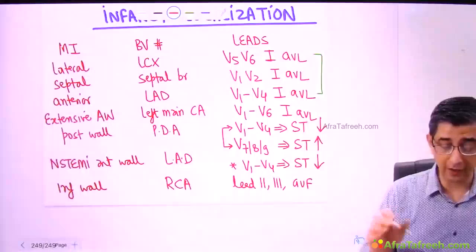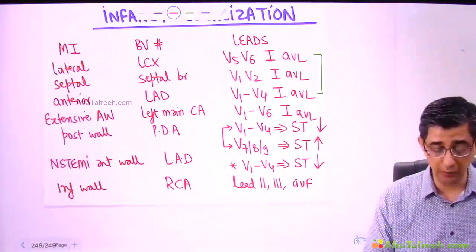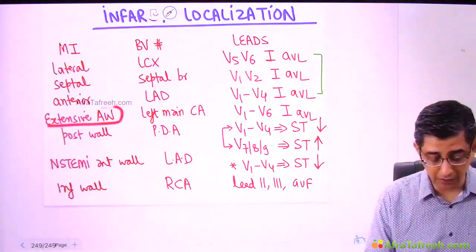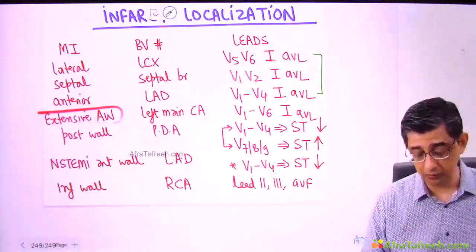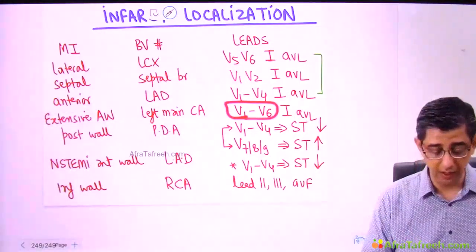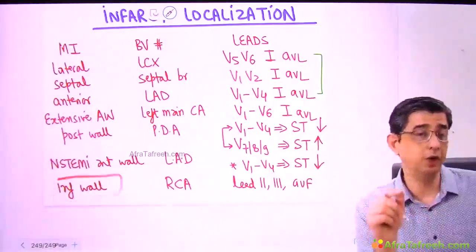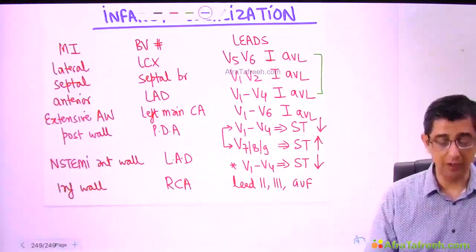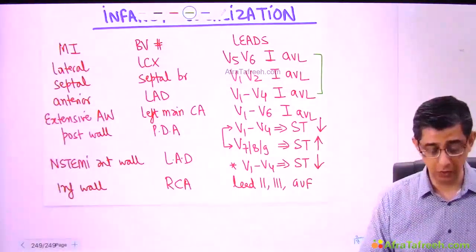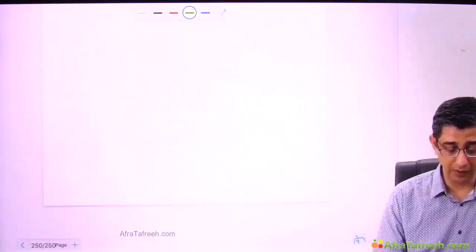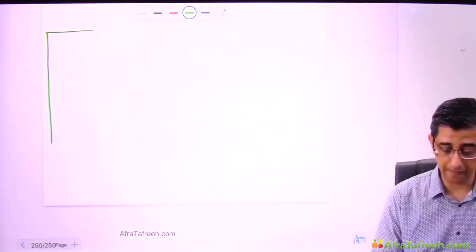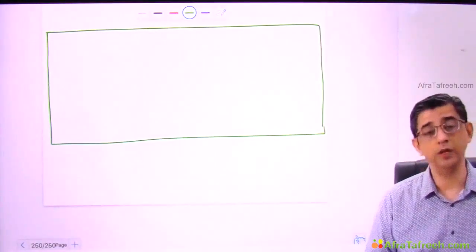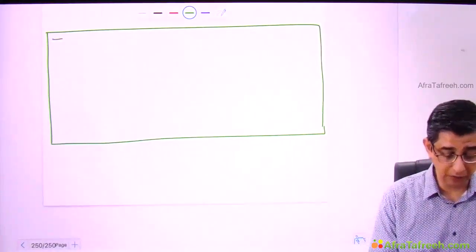So this entire table I would suggest you to note down by yourself, but the minimum that I expect you to remember without any glitch is, one, a question of extensive anterior wall MI, where V1 to V6 are the ones that will be showing the finding, and inferior wall MI, where it's going to be lead number 2, 3 and AVF. And ideally, if you scan through the entire table, it will be rather a confidence building exercise for you. And now let me say that if they have given you a printout in the exam, they will be giving you a printout of a 12 lead ECG, and you will have to tell which surface of the heart is involved.